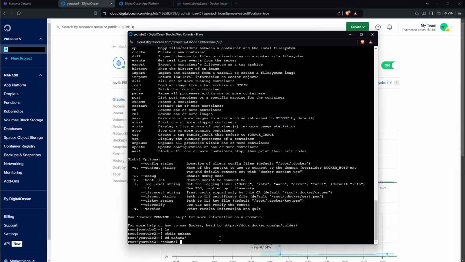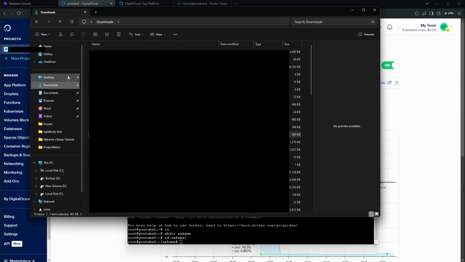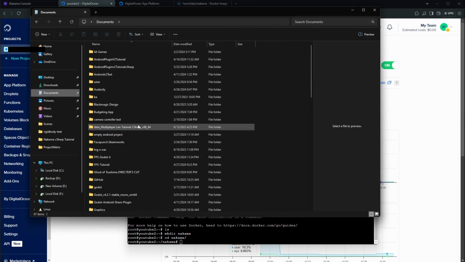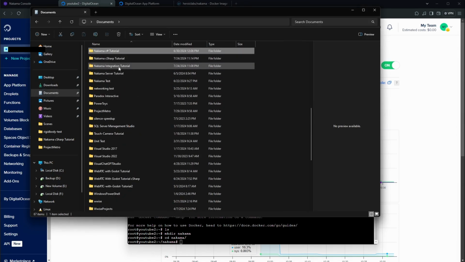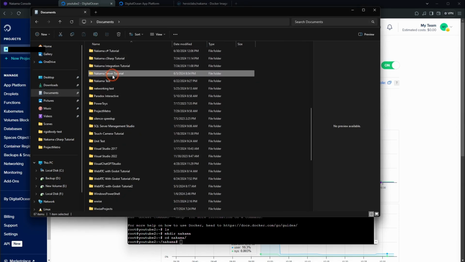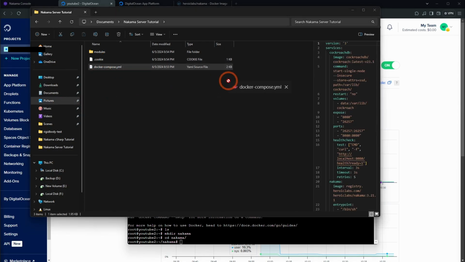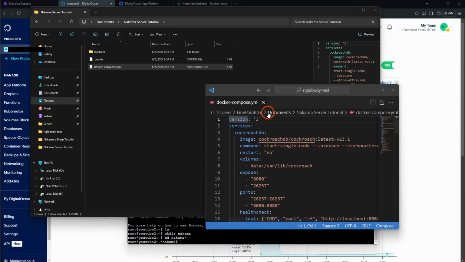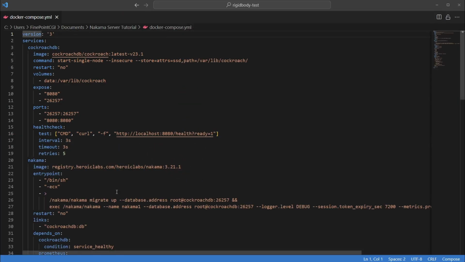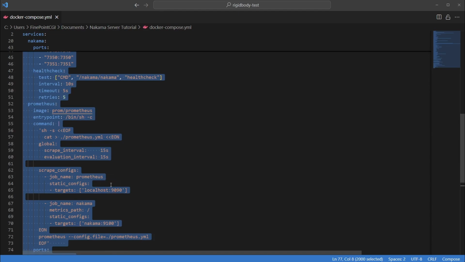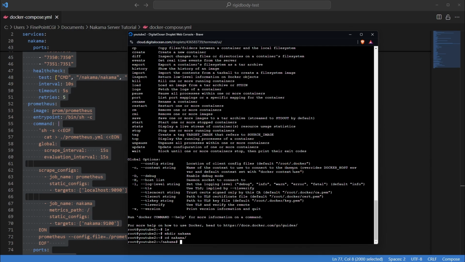So if we're lucky, we'll be able to just copy and paste our composition file. If we go out here, go to documents and find our Nakama instance, I believe I have a Nakama server tutorial docker-compose.yaml. If we open this guy up, you'll see this is what our Docker compose file looks like. So if we hit Control A, Control C,